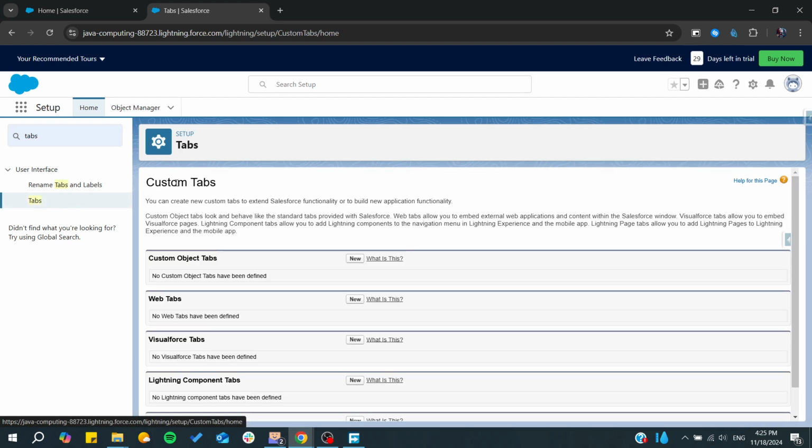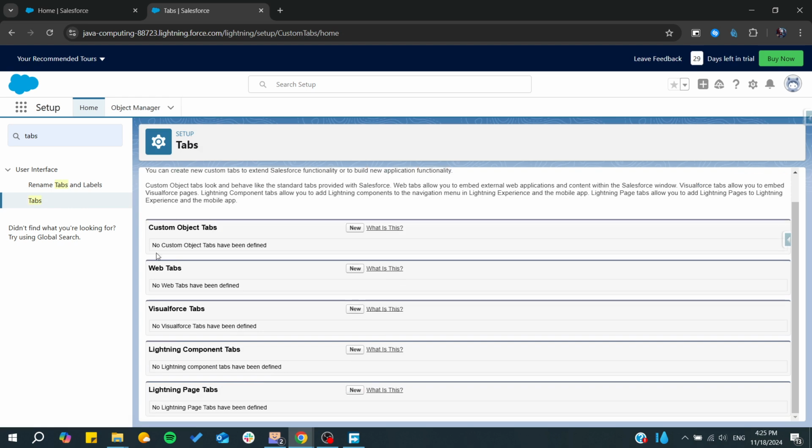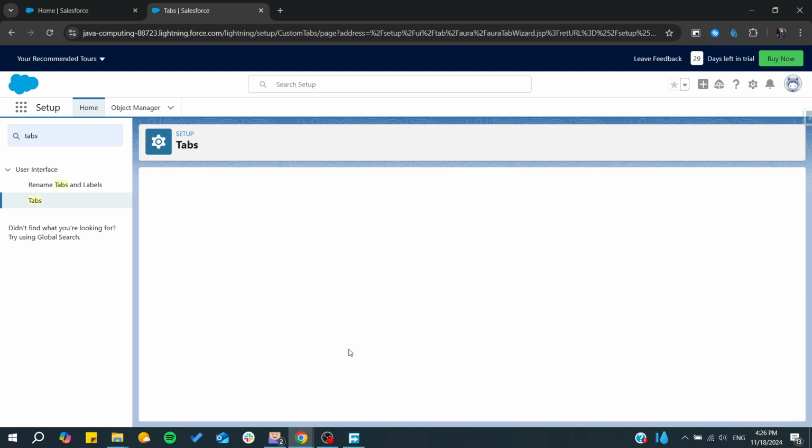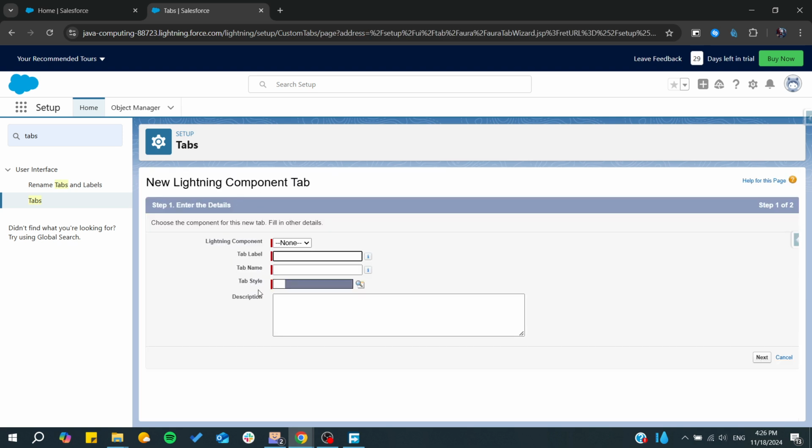After that, you can choose from all these types of tabs, either web tabs, Lightning component tabs, or some Lightning page. We can go here for a Lightning component tab and then we can start creating our tabs. Basically, we can choose a Lightning component if you already have one, and here we give it